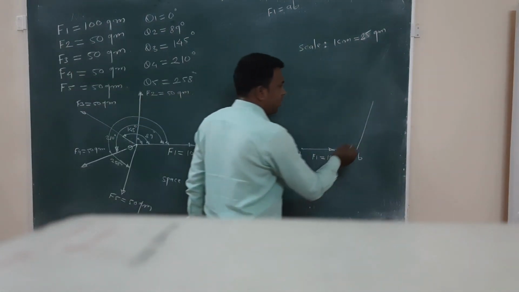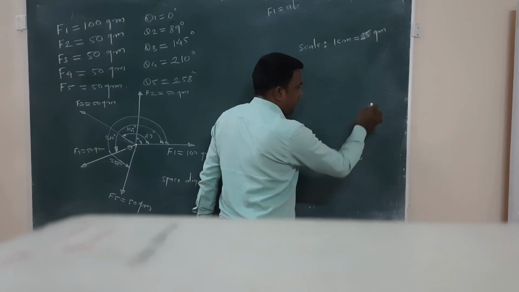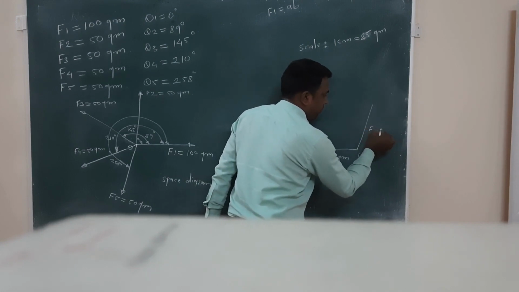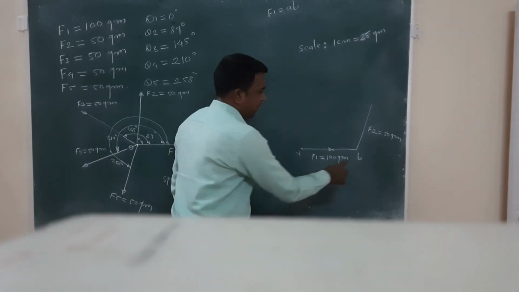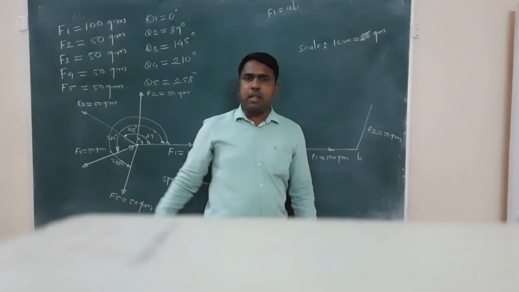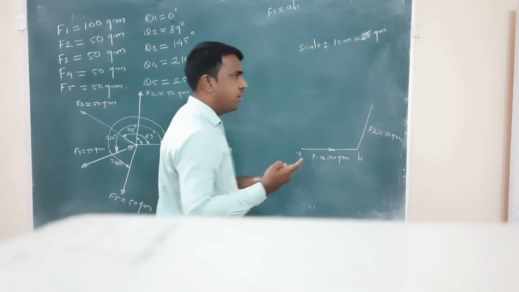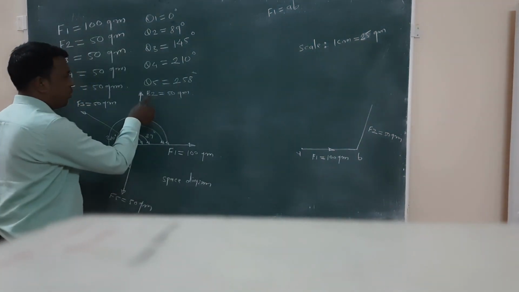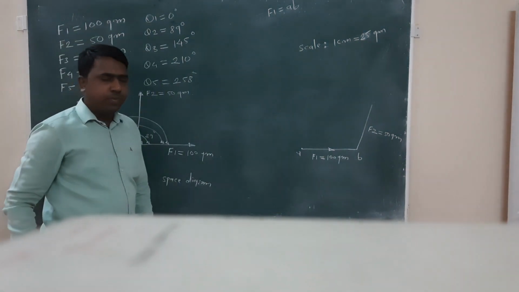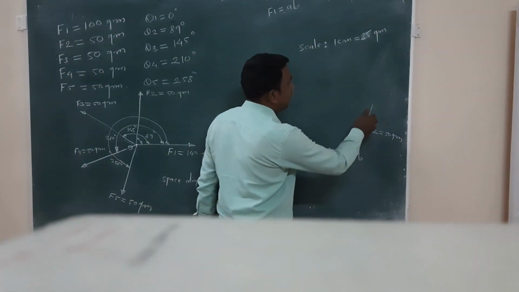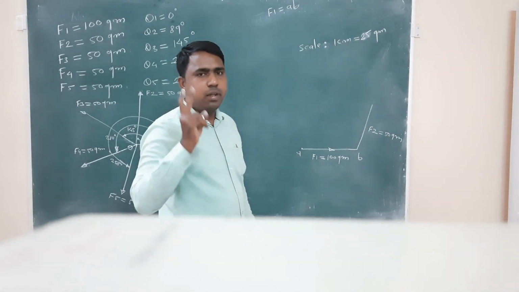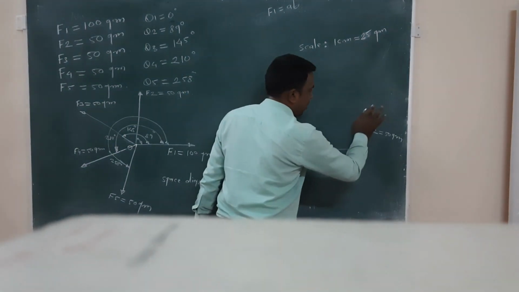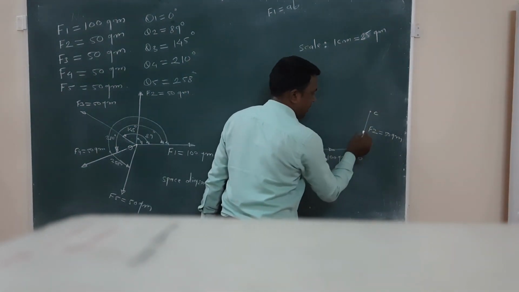So second side is F2, having the magnitude of 50 gram. लेकिन अभी इसकी लेंथ कितनी है, B to C की लेंथ कितनी लेनी है? So that length is according to the magnitude of the forces. For F2 the magnitude is 50 gram. So the length from B to C: 1 centimeter is equal to 25 gram. So for 50 gram the length is 2 centimeters. So here B to C.